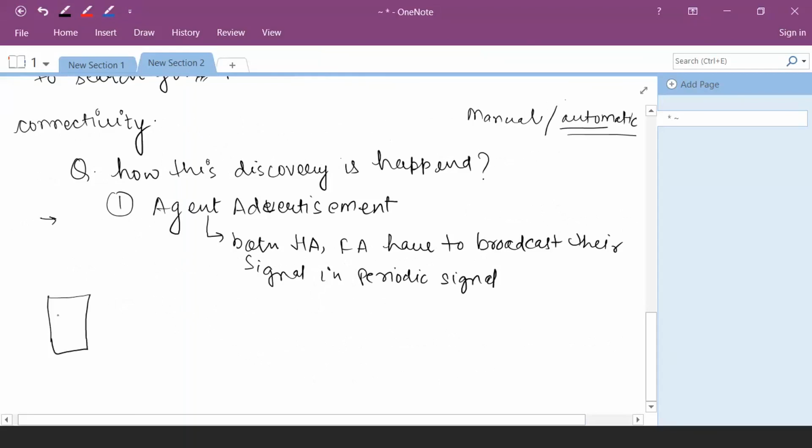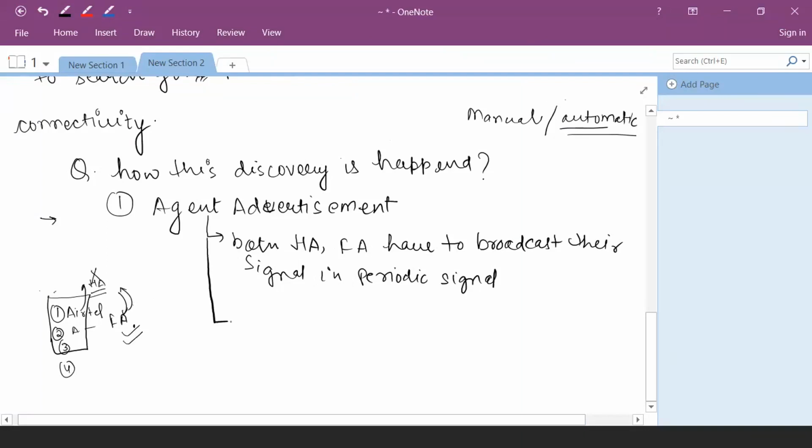For the home agent, suppose I am connected to the Airtel company. So Airtel will be the first choice. Then other signals can be caught by your mobile node. Sometimes the first is a home agent and the second is a foreign agent. Sometimes the home agent will not appear because the signal strength gets very low and only the foreign agent gets listed. Most of the time this happens in real time. The home agent will not take part in this listing, but the foreign agent will come into your listing. That is the discovery performed by your mobile node.